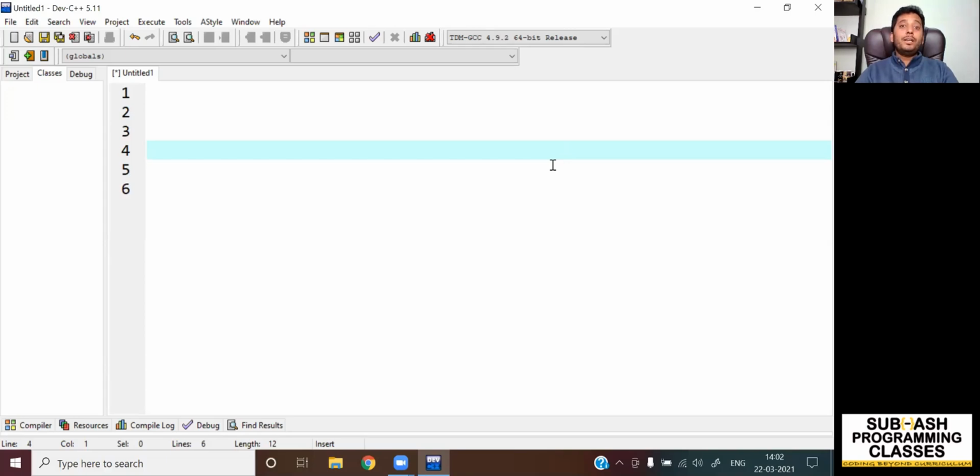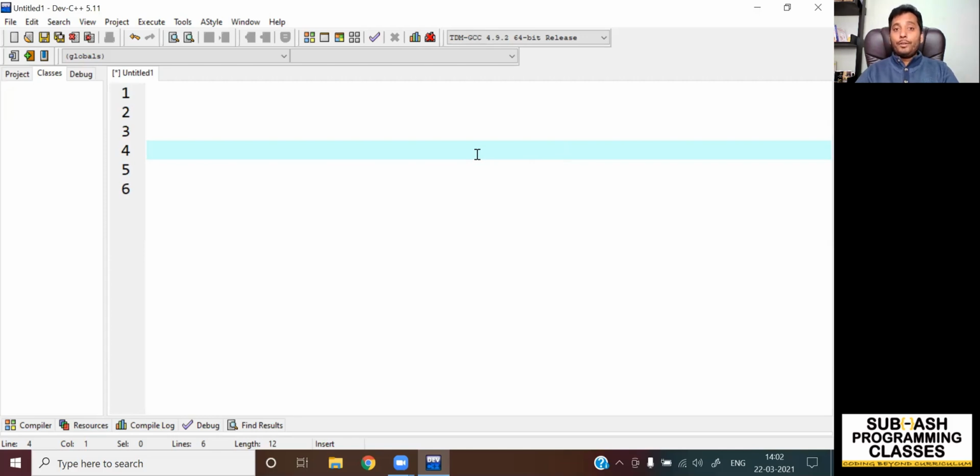In the previous lesson, we learned how to write a simple C program to find the area of a circle using the logic tracing method. In this lesson, let us write again a simple program to find the simple interest using the logic tracing method. The formula used to find the simple interest is P multiplied by T multiplied by R divided by 100, where P is the principal amount, T is the time, and R is the rate of interest.